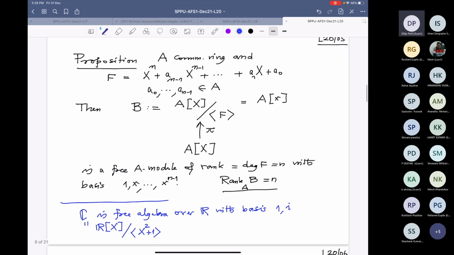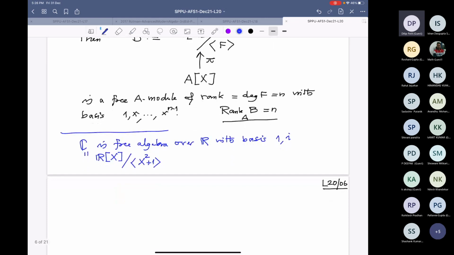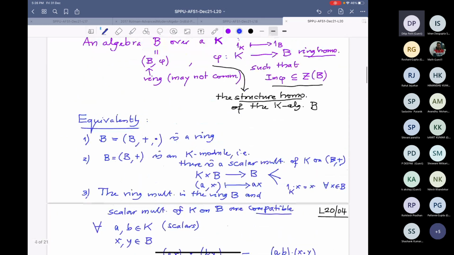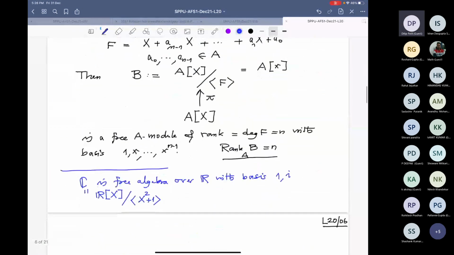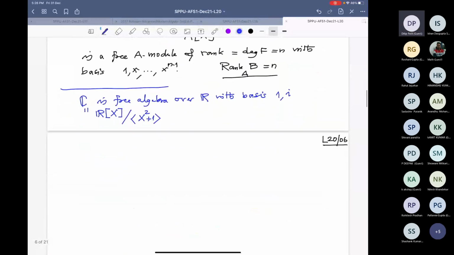And therefore 1, i is a basis. All right. So what I was saying, I wanted to take a general quadratic algebra and do something to give you an example of conjugation. So therefore, coming back there, start with